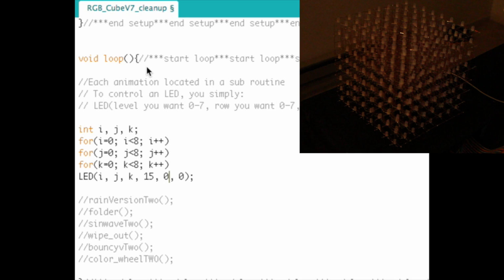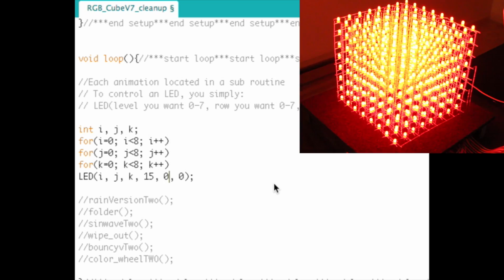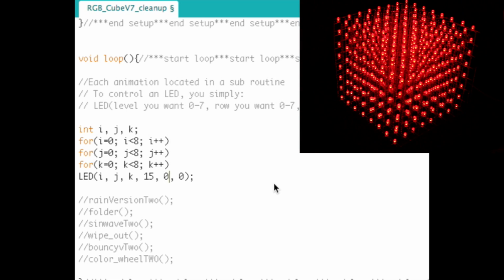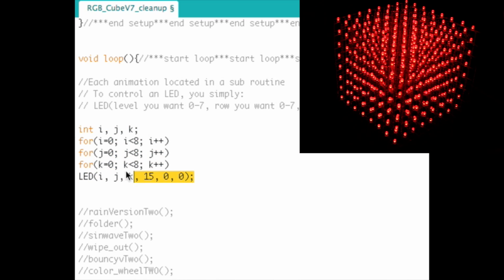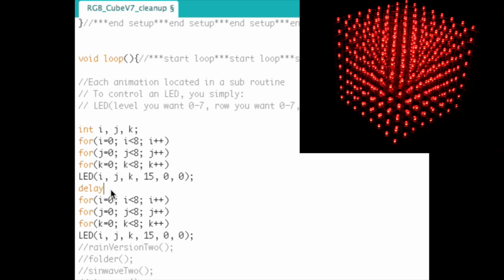And I'm just going to make them all red for now. So let's see what happens. Hopefully there's no bugs in that j, j, k, k. Okay, good. Looks good. So they all should go red now. And there they are. So you can sort of see how easy it is to really write animations. In fact, then you could repeat this again if you wanted to. Or, sorry, just this part. And put a little bit of a delay there, like